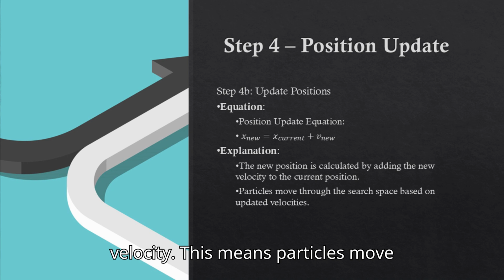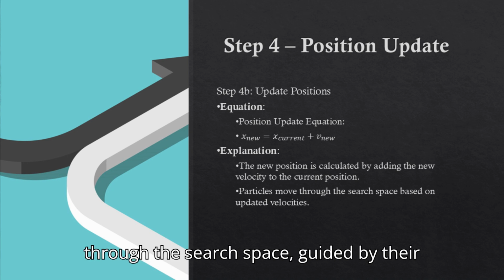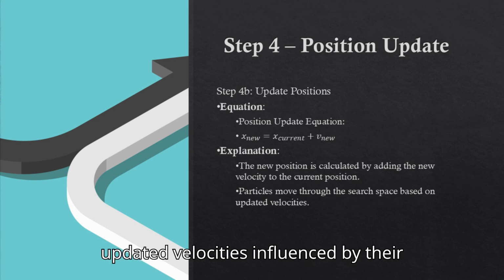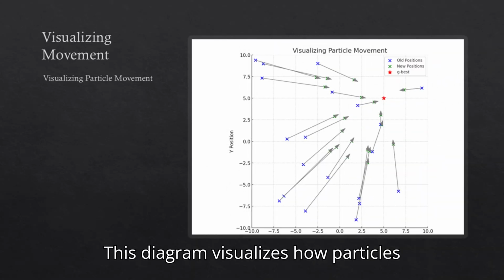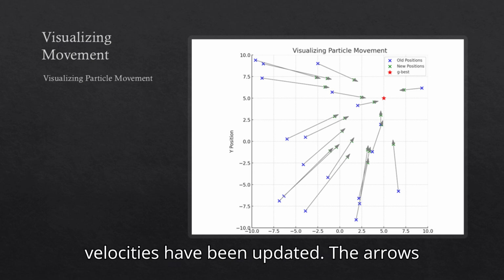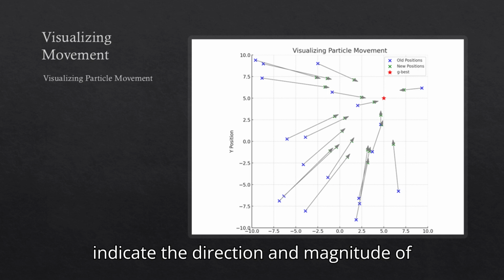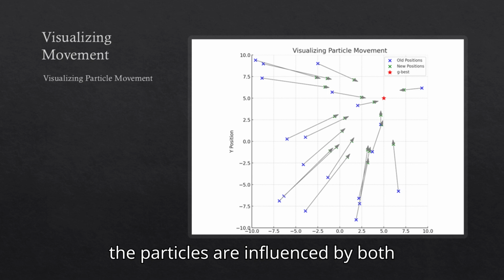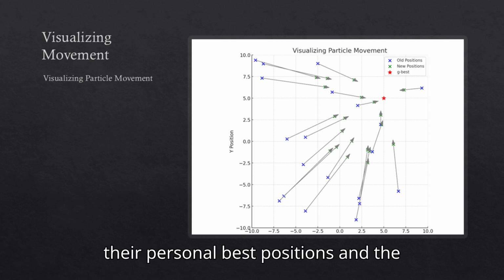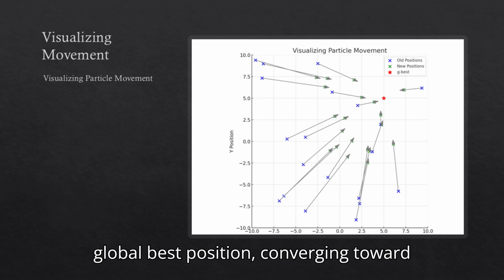This means particles move through the search space, guided by their updated velocities influenced by their own and the swarm's best experiences. This diagram visualizes how particles move to new positions after their velocities have been updated. The arrows indicate the direction and magnitude of each particle's movement. You can see how the particles are influenced by both their personal best positions and the global best position, converging